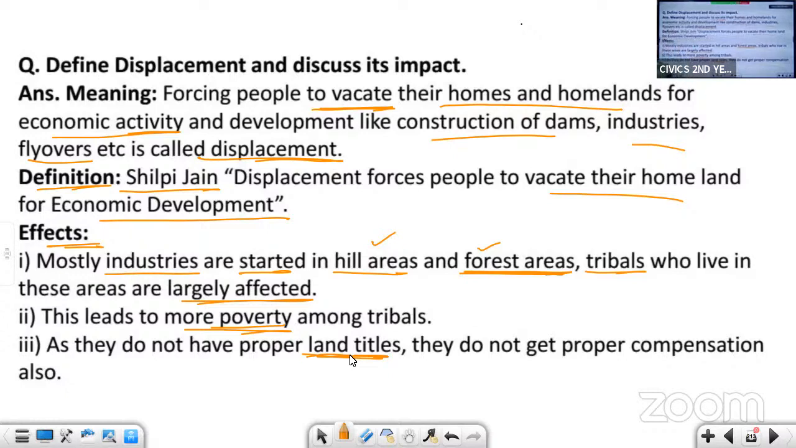Okay, so what happens? The government will not give them the proper compensation. They may not get a good value, the actual value of that land. They have to adjust or accept whatever is given to them by the government. The reason behind it is they don't have proper documents of that land. So these are the few effects of